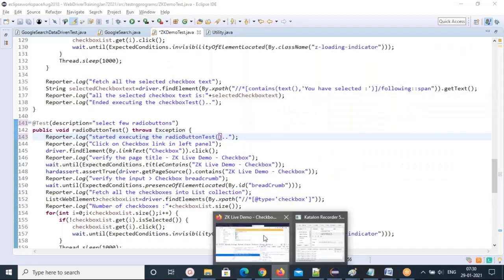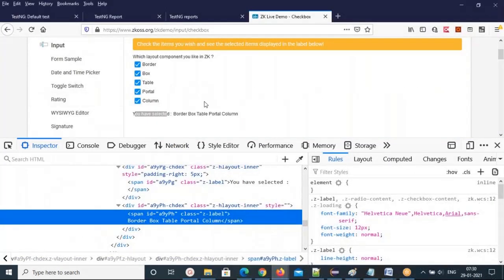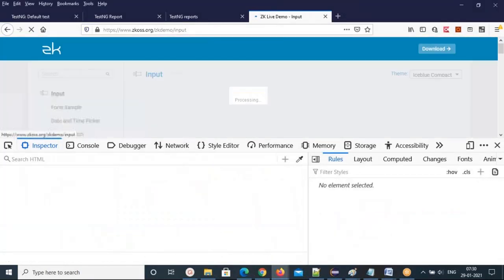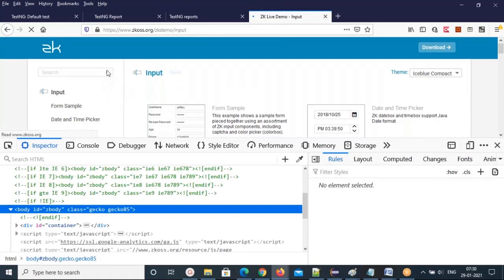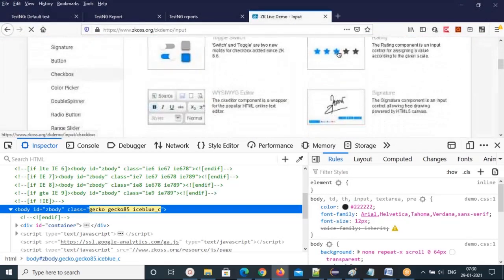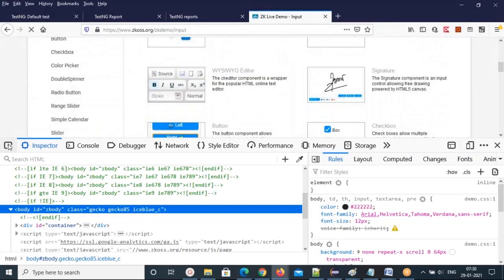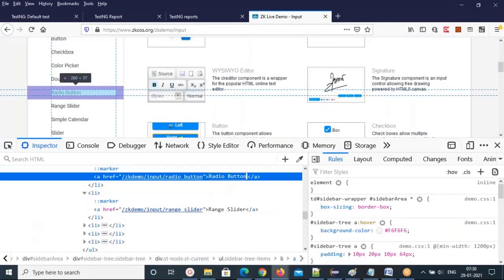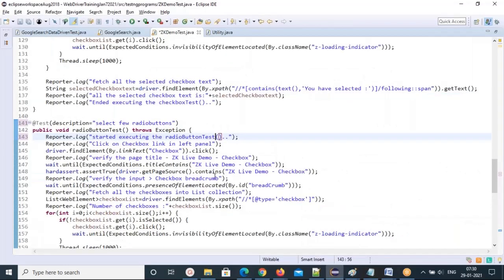Just go there, click on the breadcrumb, and then you will land on this page. Click on this radio button link. Just spy on this and take the link text. An A tag means it's a link text. Just copy and paste it here. So click on radio button in the left panel, just link text.